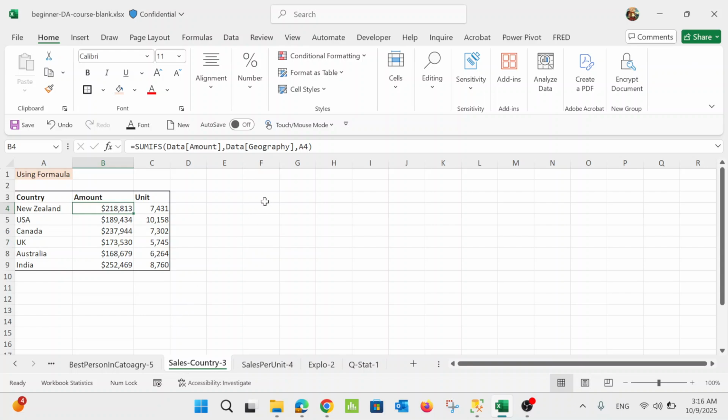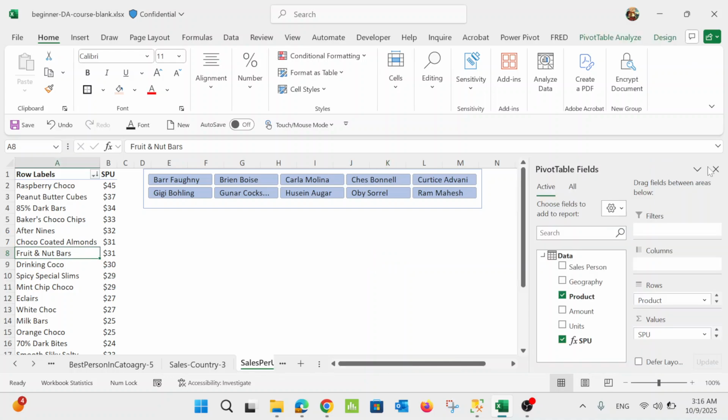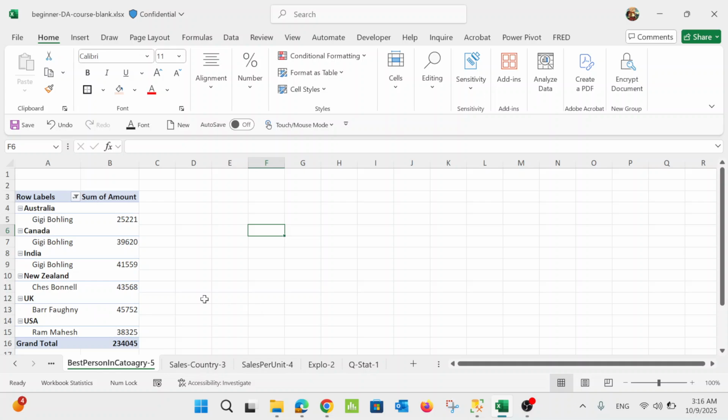The first way, we can do it by formulas. We can know how much sales per country. We can do this simply with some IF function, or we can do it by pivot table. We see the two processes, or two ways of doing that. Here we have another way for the sales per unit, and here we use a pivot table. If you don't have knowledge of the pivot table, we do this step by step and get involved in it in a very easy way.